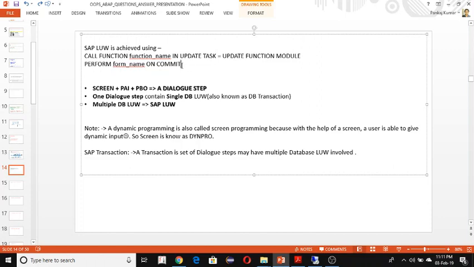And there is another technique, PERFORM form name. You have to write a subroutine here, and on commit, perform routine, and all the related database operation code you have to write in this form name. But there are different ways where you can implement all these things. So I will prepare a video in which I will describe the update function module, this PERFORM form name,